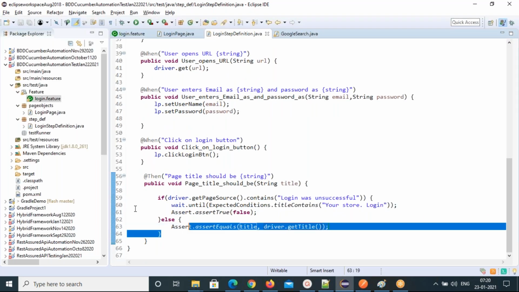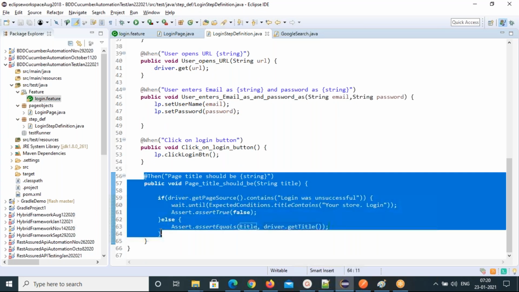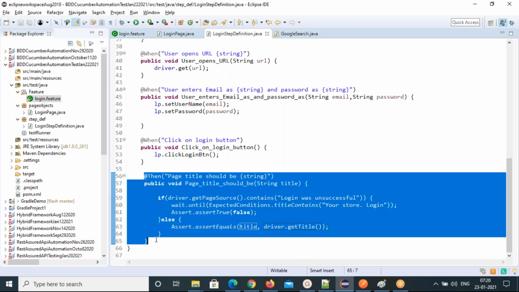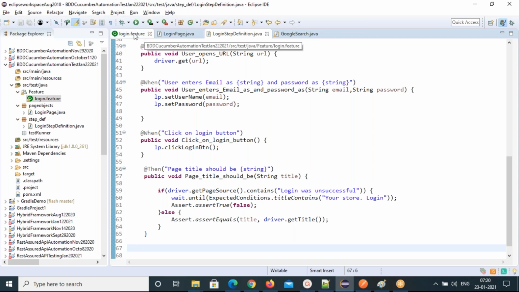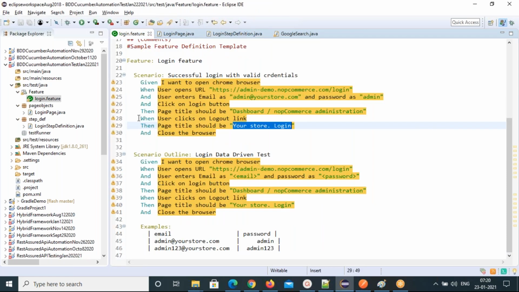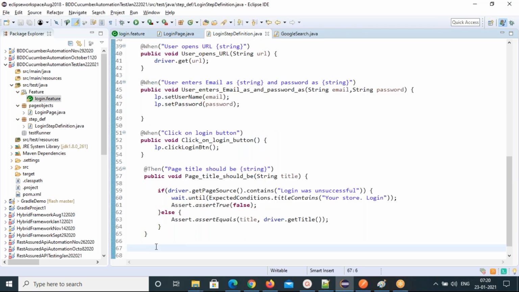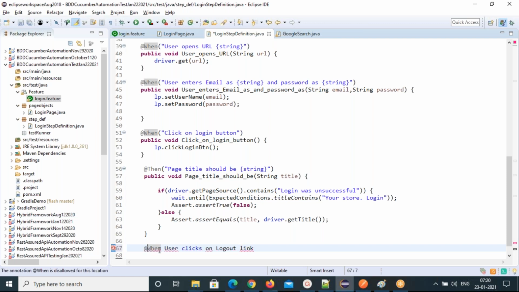So this is how you can develop validating a single step for both. Now, done. What is the next step? You need to click on the logout link. So two steps we covered in a single definition. That's where we can finish it if titles are like this.